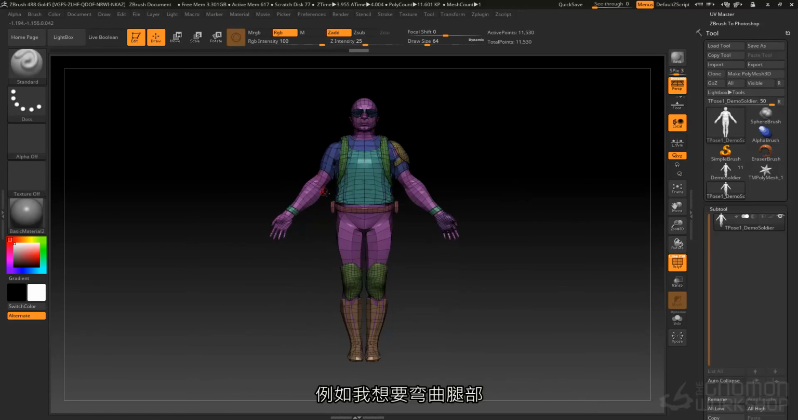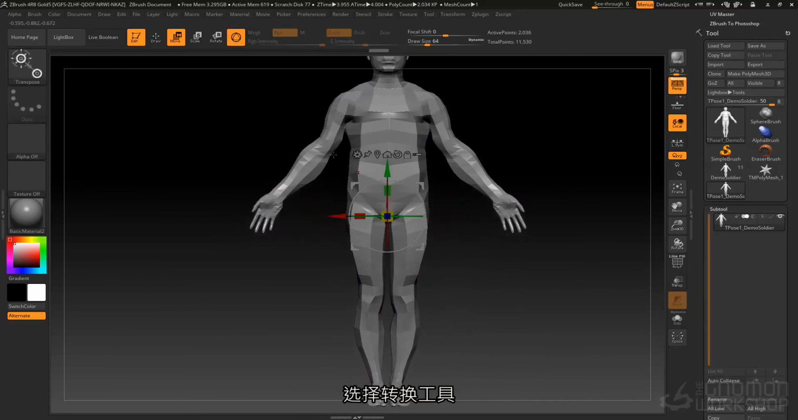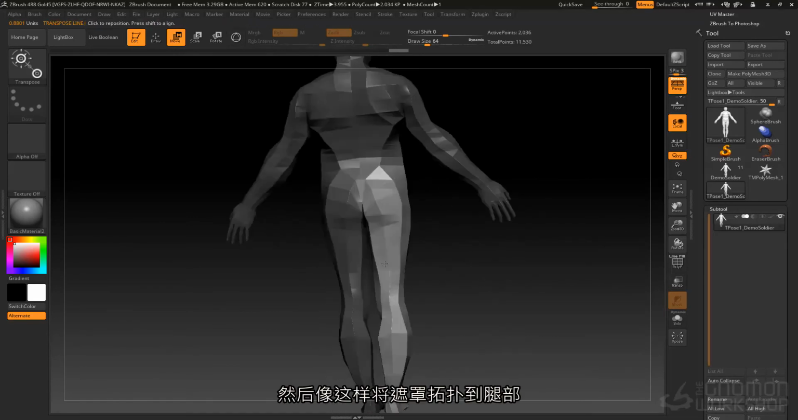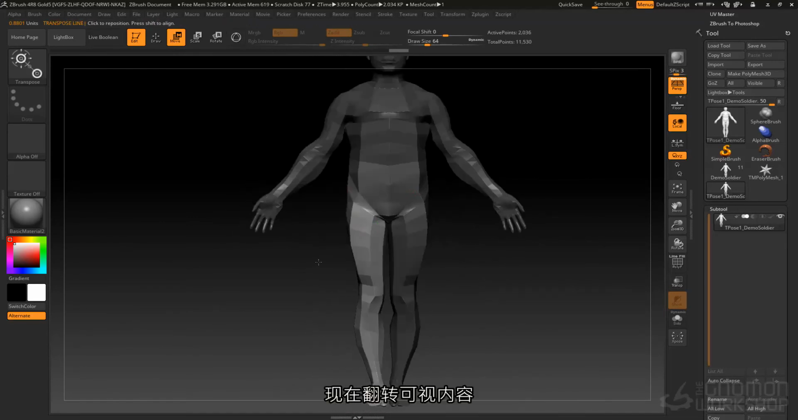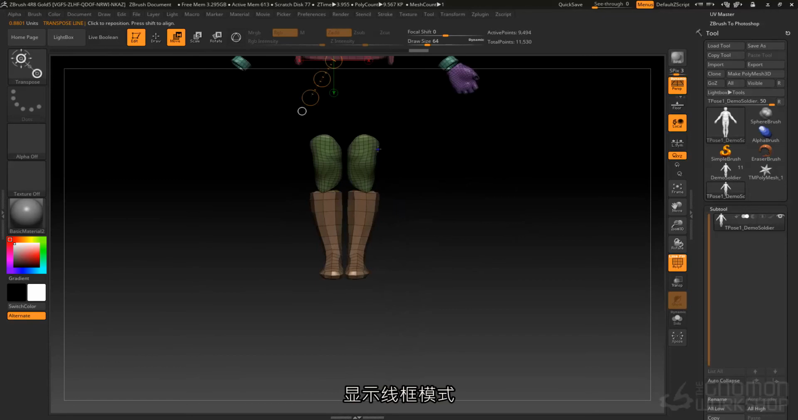So let's say, for example, I want to bend the leg. So I'm going to isolate just the body. We'll turn off frame mode here. I'm going to go to Transpose, turn off the gizmo, so I'm on Transpose, and I'm going to topology mask down to the leg, like so. Now I'm going to invert visibility by Control-Shift-Clicking and dragging. Go into frame mode here, and I'm going to isolate